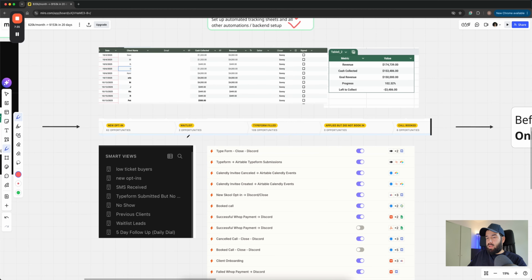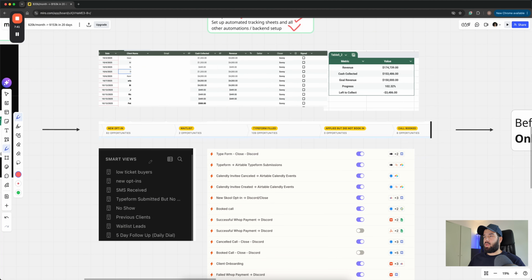The reason why, as I mentioned, I use close.com is for something called smart views. With setters, you really want to make sure you make their job as easy as possible. So what I did is I made it very simple. We do have a low ticket offer. We have a course, as well as an ebook for like $60 or something like that.